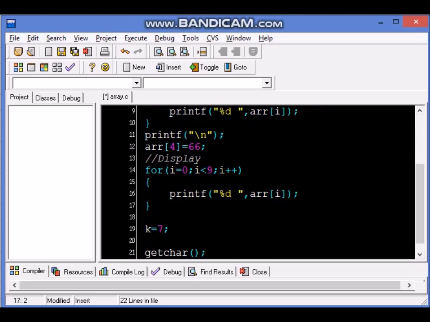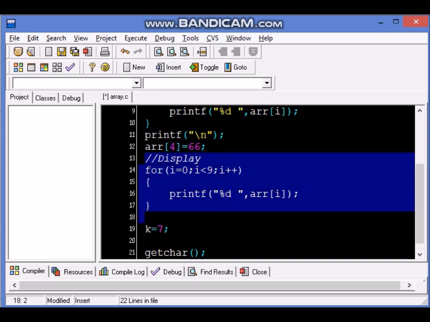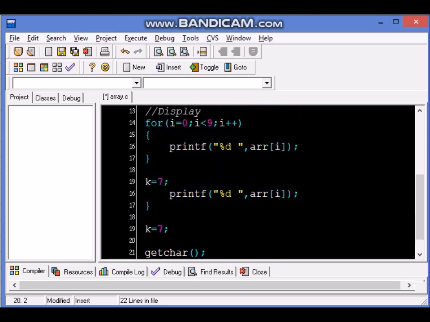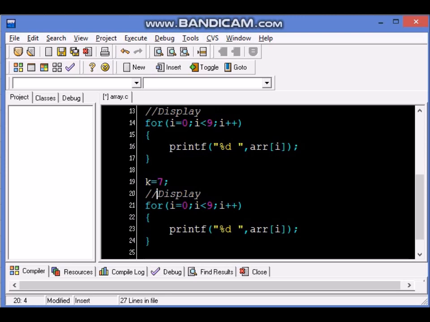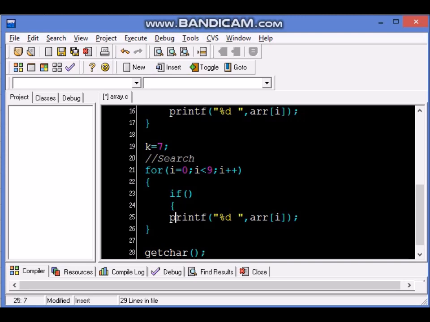Now if I have to search something, what do I need? I need a for loop, and instead of display, I will call it search. I will search from 0 to 9. But instead of putting a printf, what I really need is a condition to check whether that number is found in the array or not.